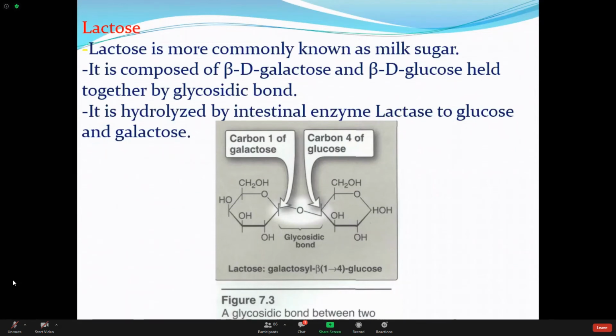In this way, in some molecules you will get 1,6 glycosidic linkage. So the 1,6 variety you will also get, but this is the 1,4 variety. Why? Because of the number of carbon atoms. This is number 1 carbon atom, this is number 4 carbon atom, and they will be joined together. That's why it is the 1,4 variety of glycosidic bond.